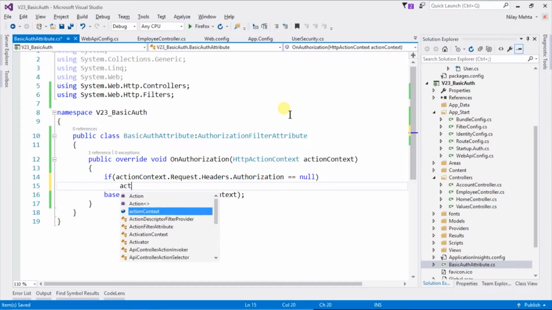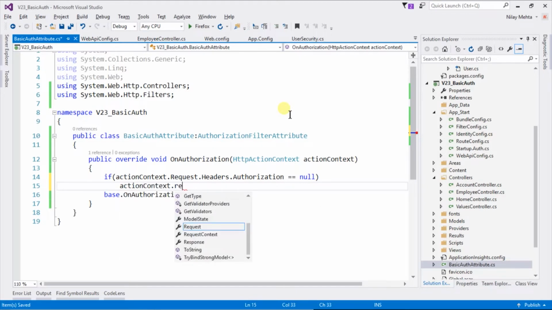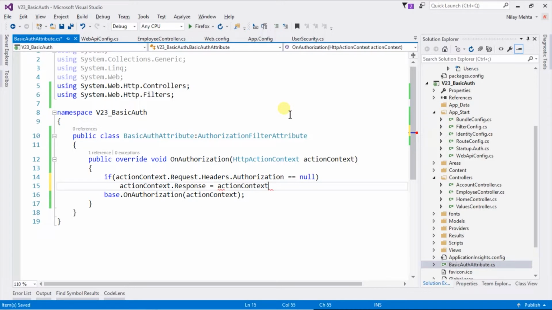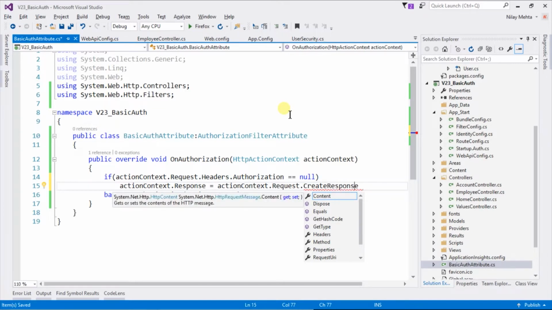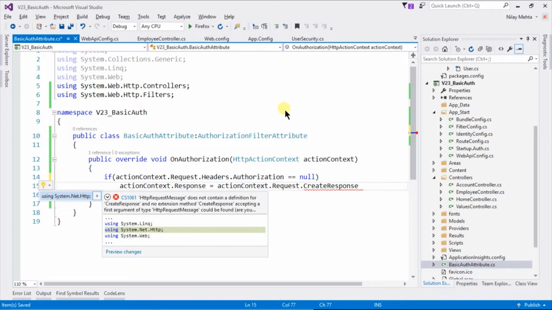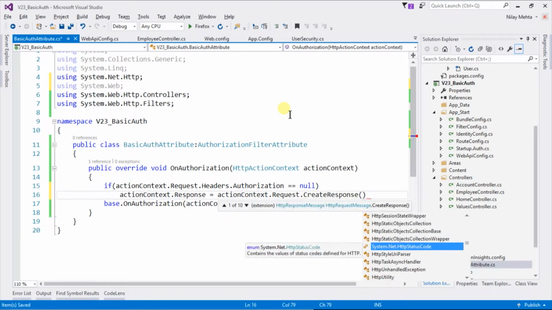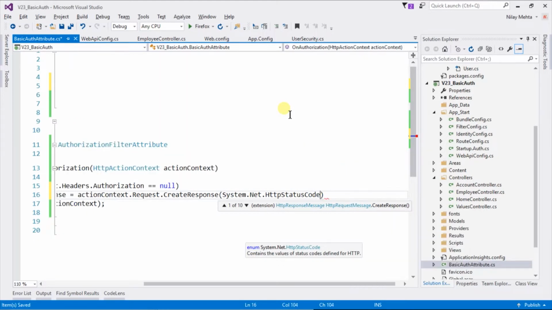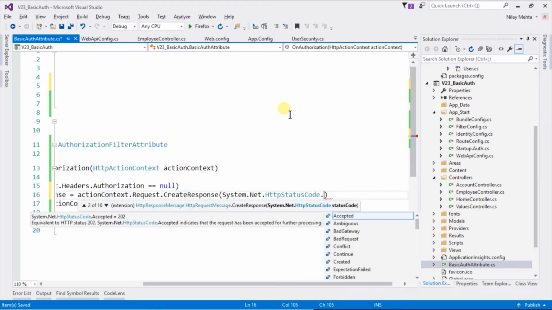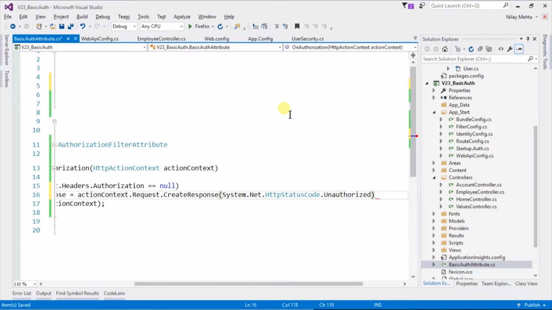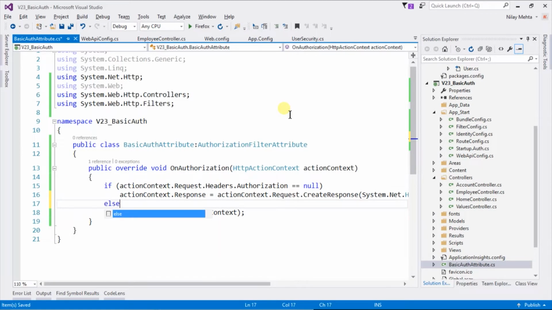If the header is not present, then we need to respond with the unauthorized status code. For that we need to write actionContext.Response equal to actionContext.Request.CreateResponse, which is present in another namespace, so we need to import it. Within the brackets we need to specify the status code, that is Unauthorized. Otherwise